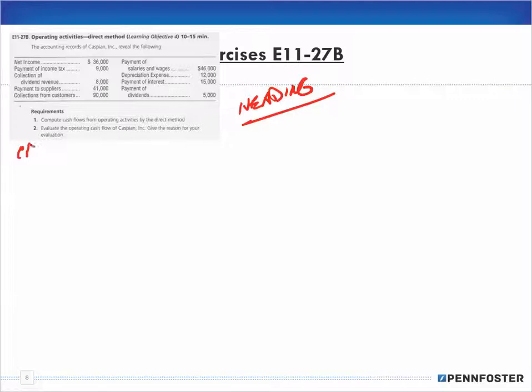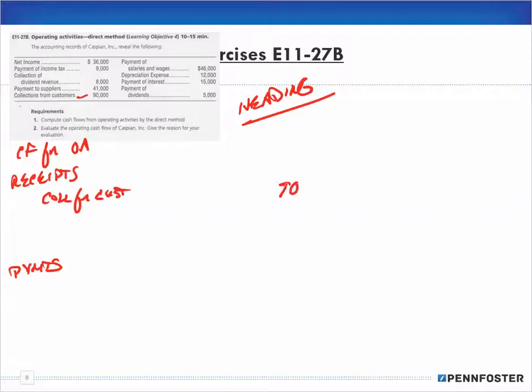So I have my cash flows from the operating activities, and when I look at the format of the direct method for that, I have my receipts. R-E-C-E-I-P-T-S. I have my receipts, and then I also have my payments. Now for my receipts, what do I have here? I have a collection from customers of $90,000,